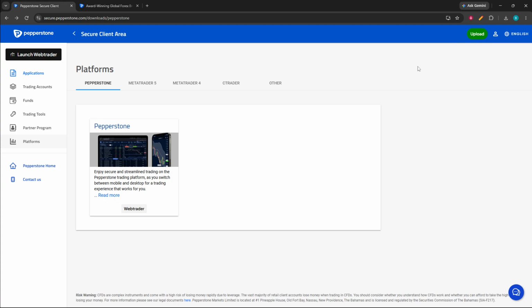As you go through each section, make sure you can move smoothly between applications, trading accounts, funds, trading tools, and the other main areas. This will help you become more comfortable using the Pepperstone Secure Client area and finding the tools you need quickly. Once you have confirmed that you can access and navigate each part of the dashboard successfully,